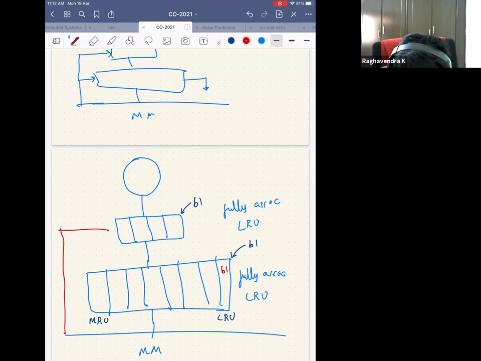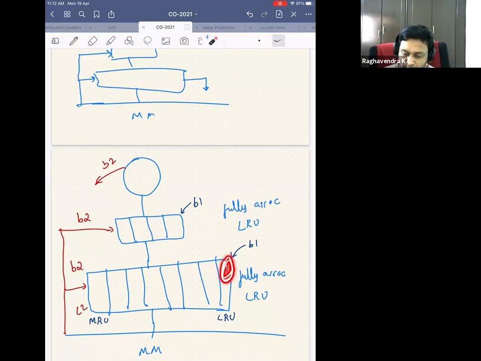Say you bring a new block B2, and since it's an inclusive cache, I try to keep it both in L2 cache and L1 cache. So I brought block B2 because the CPU generated an address B2 and B2 was not present in the cache. So I brought the block B2 to be kept both in L2 and L1. Now in the L2 cache, the replacement candidate is B1, which means that B1 should be replaced by B2, correct? B1 should be replaced by B2 because B1 is in the least recently used position.